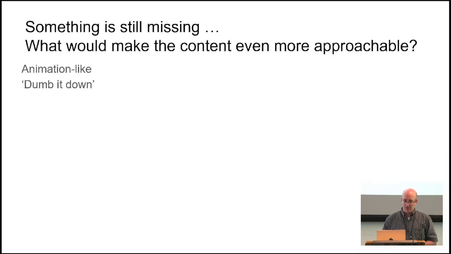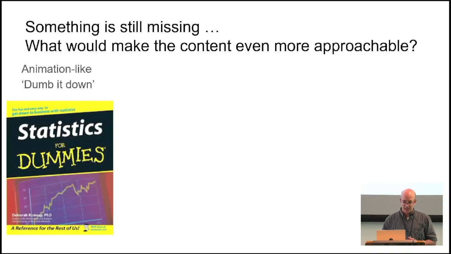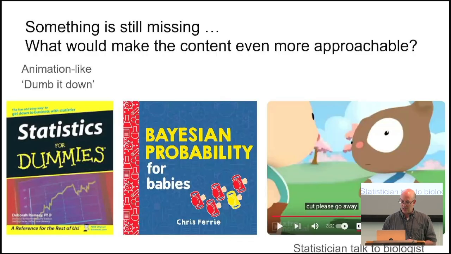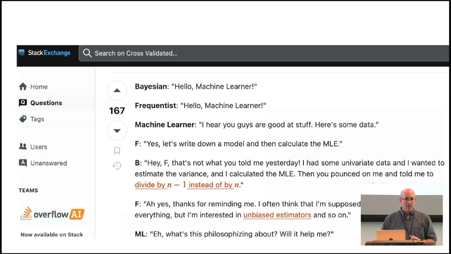But something is still missing, right? What would make the content even more approachable? I wish I could have some animation to dumb it down. And here are some examples: Statistics for Dummies, Bayesian Probability for Babies, or this YouTube statistician talking to biologists, which is classic to me. So how do I get that? So I go back to Stack Overflow, and you can find really fun stuff there. One of them is a fictional conversation written between a Bayesian, a frequentist, and a machine learner. And this predated LLMs, so this was written by a professional, a real person, not some crappy LLM. And when I was reading that